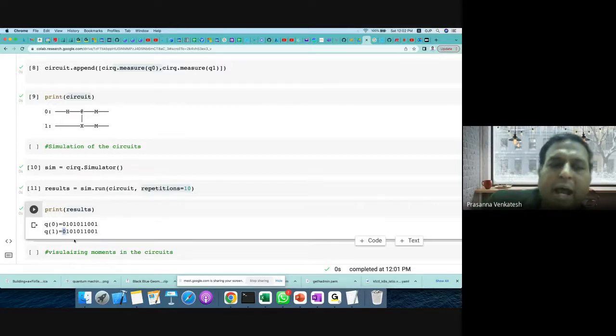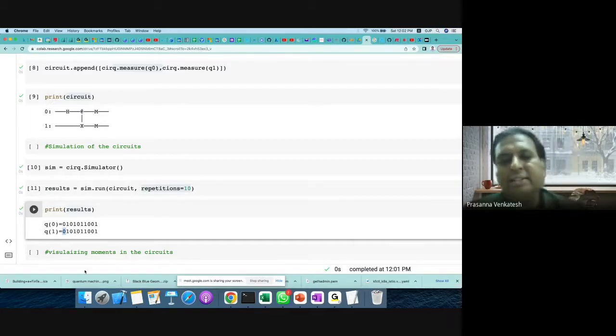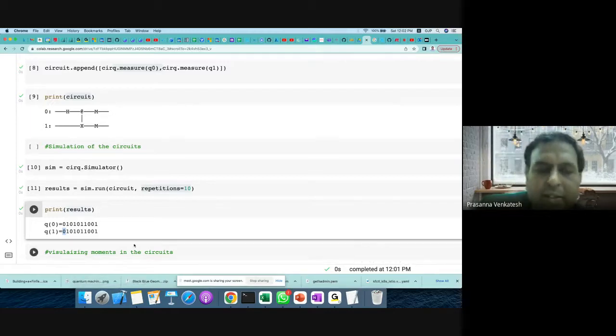After the first iteration, it could be that the values of Q0 and Q1 have changed to 1, 1. And after that 0, 0, 1, 1, 0, 0, 1, 1, 1, 1, like that, the actual execution has changed drastically, right? So this is from the simulators that we are seeing there.